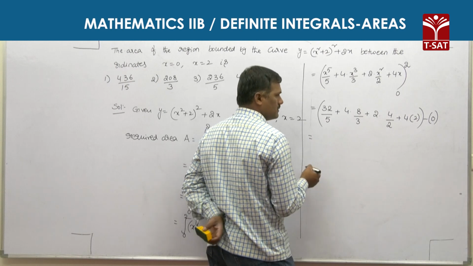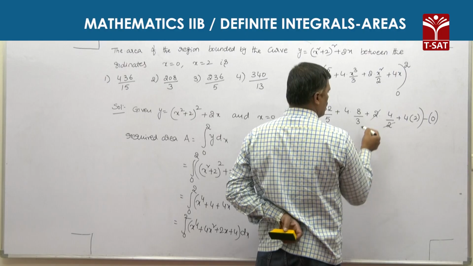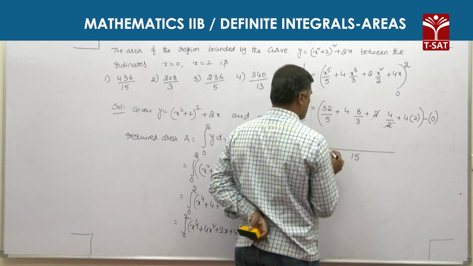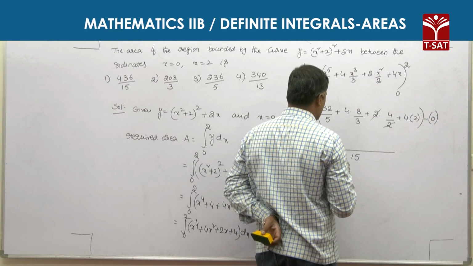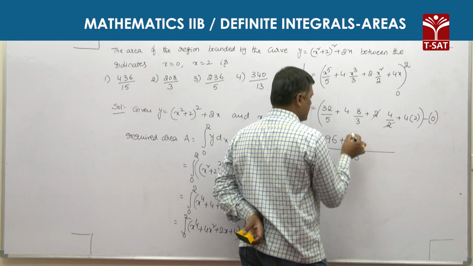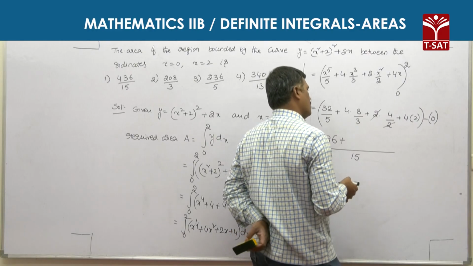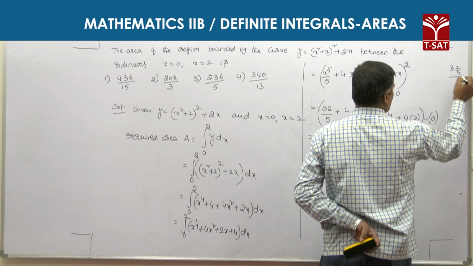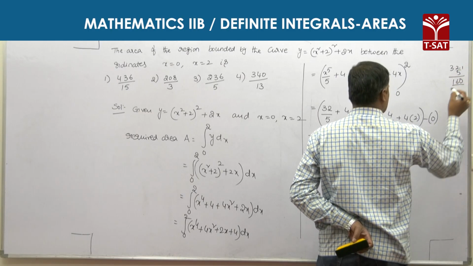That is equal to, here 2 will go, 15 LCM: 5 3s are 15, 3 into 32 is 96, plus 3 5s are 15, 5 into 32 is 160,